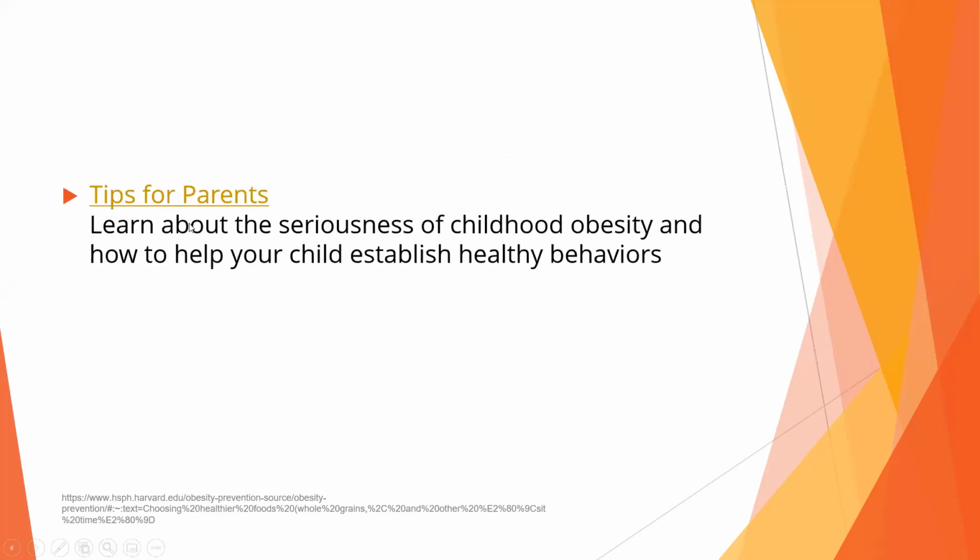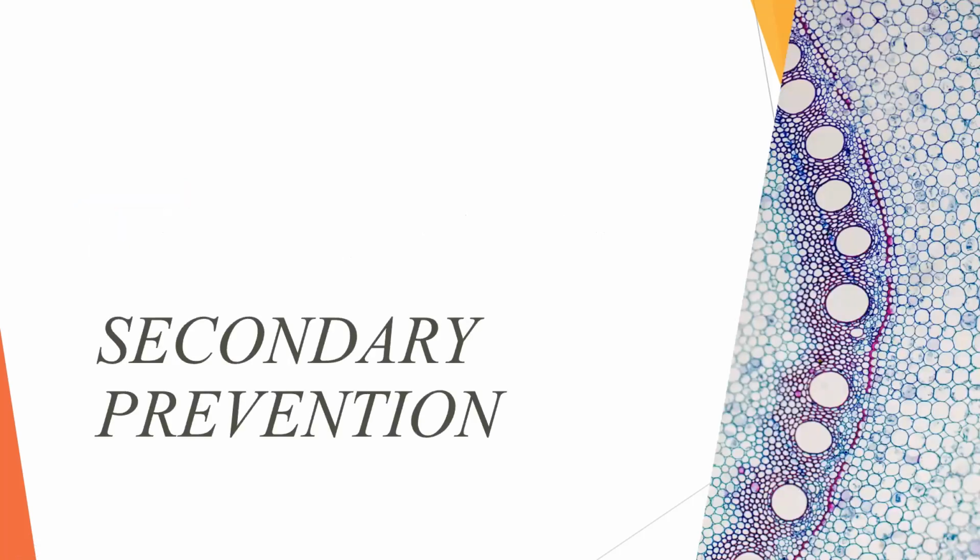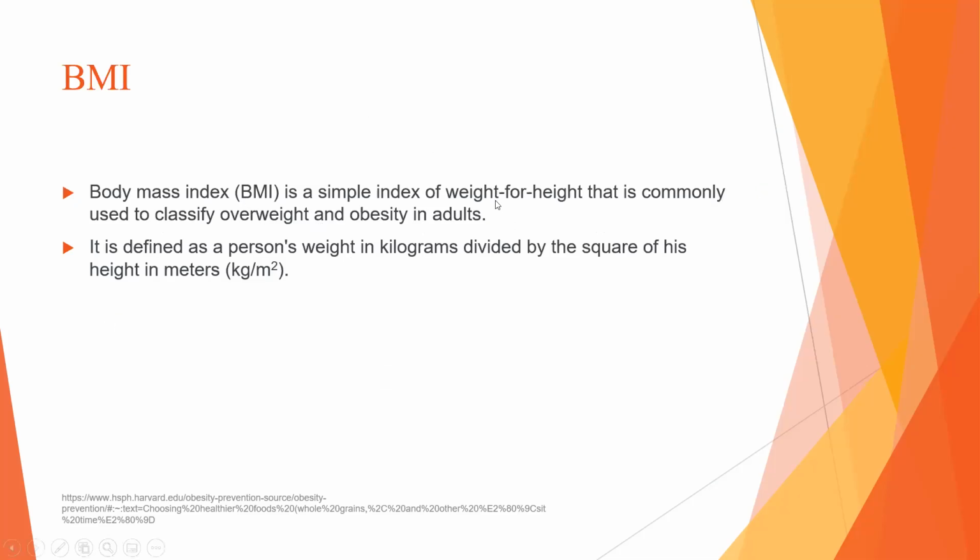So, tips for the parents is also that the seriousness of childhood obesity and how to help your child establish healthy behavior. So, parent counseling and parent education is also important. So, for the secondary prevention, a body mass index is the simplest index with weight for height